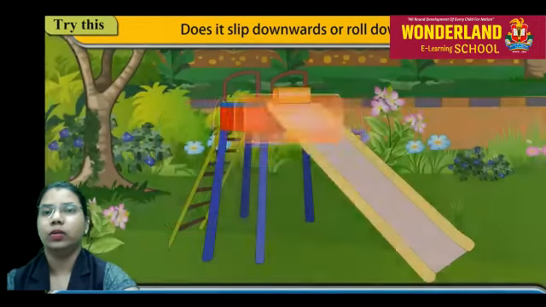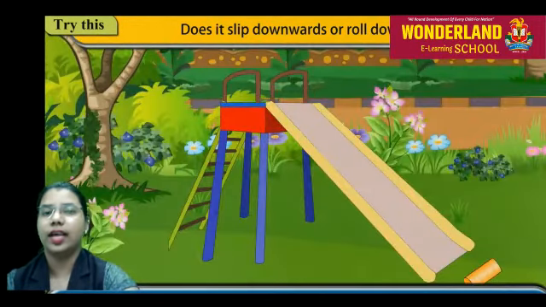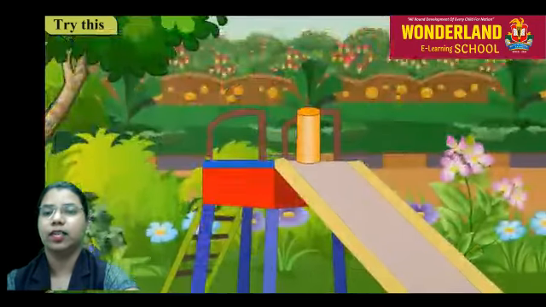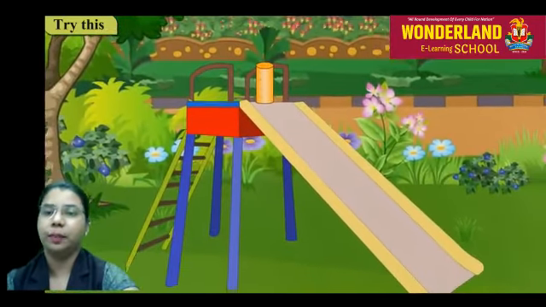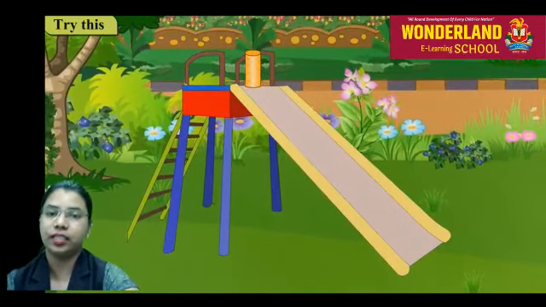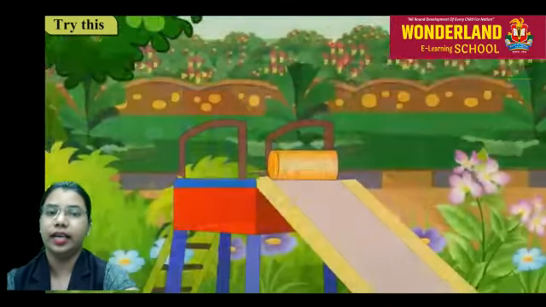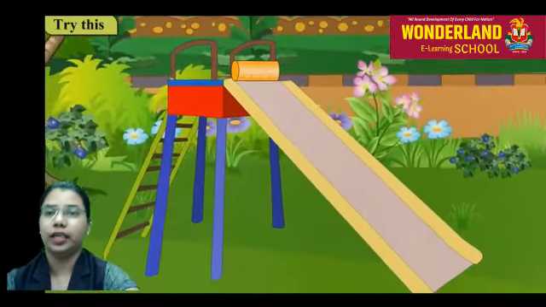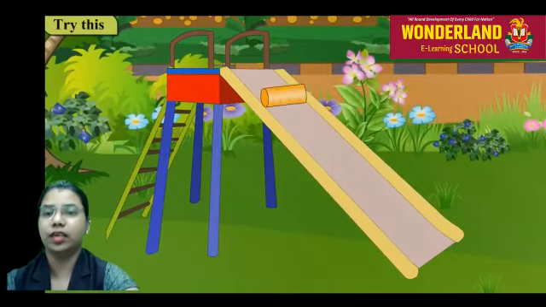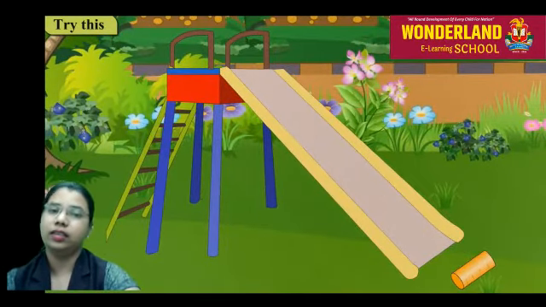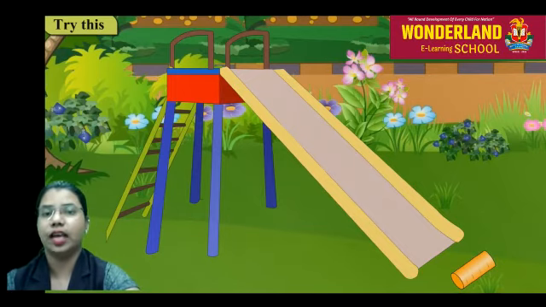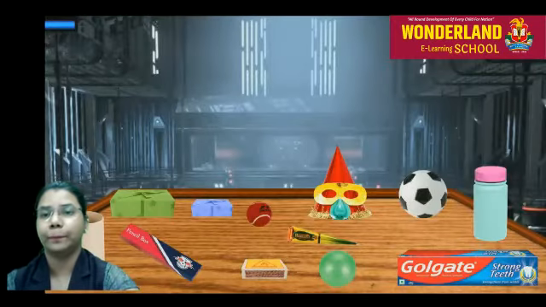Now, it is rolling because of the curved surface. When we place an object with its flat surface on a slide, it slips down. But if we place its curved surface on the slide, the object rolls down. You can see this clearly with the help of the cylinder.